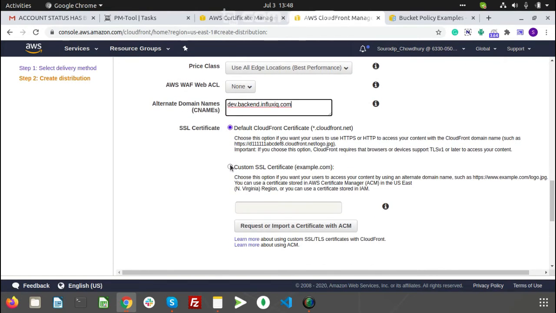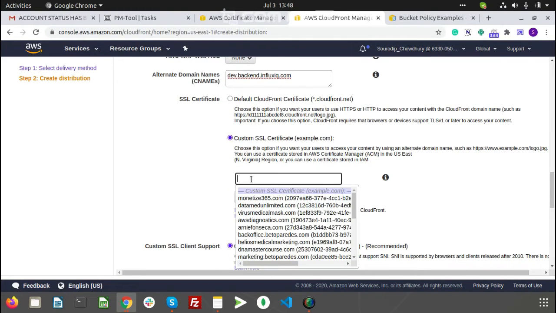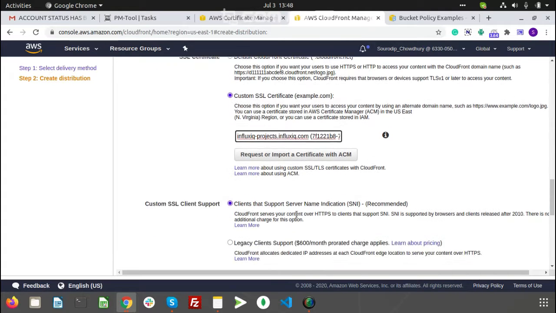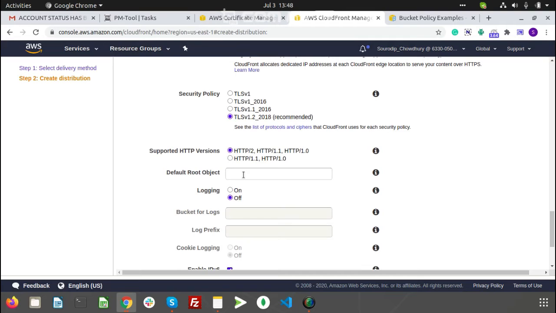We do have a custom SSL certificate that we have registered in the ACM, so we can go over here and select that SSL certificate. And default root object over here, of course, again we have to mention index.html.